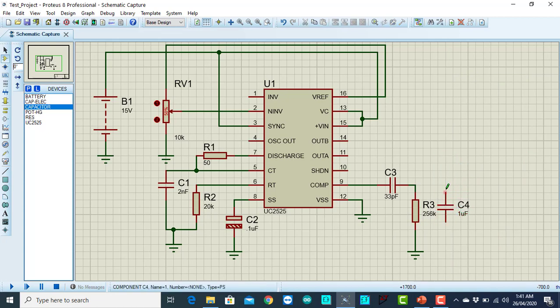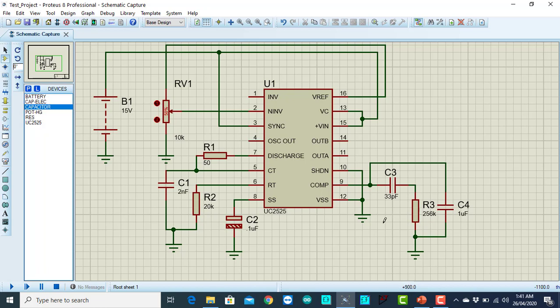This capacitor will be directly connected with pin number 9 and the ground. So all done, and then, as I said, if I'm not using the shutdown function, I'm going to connect it directly with the ground.